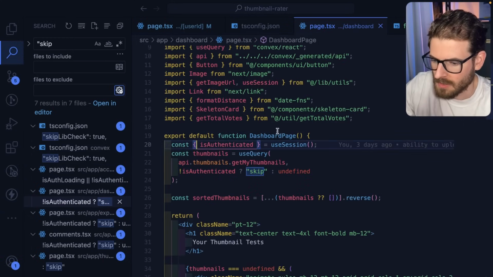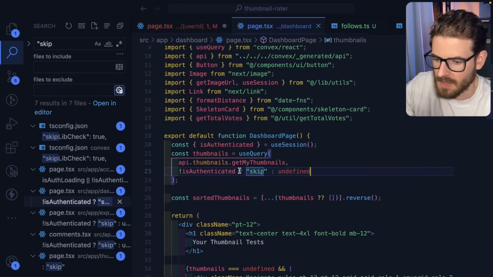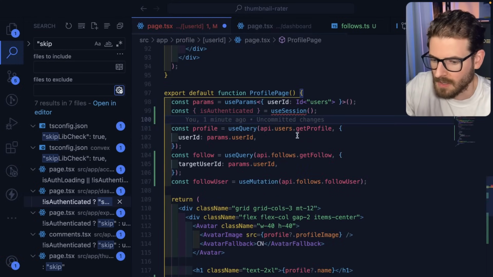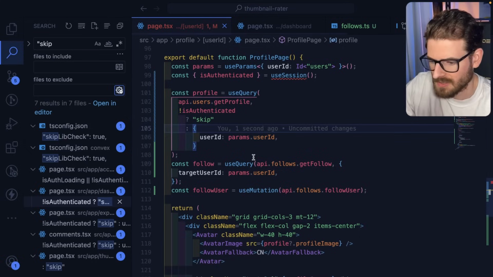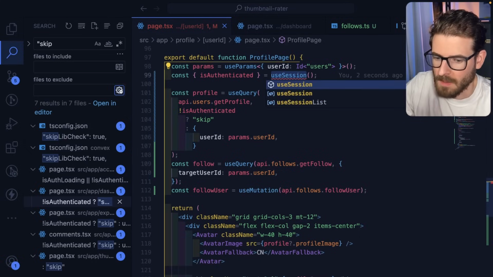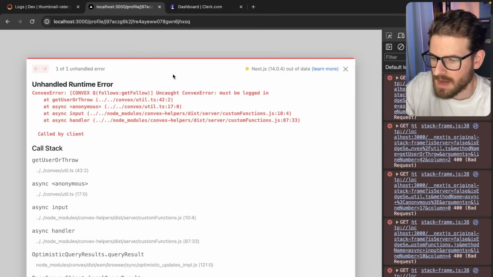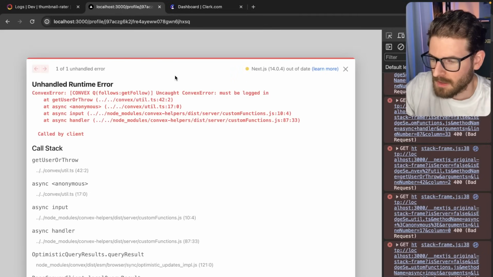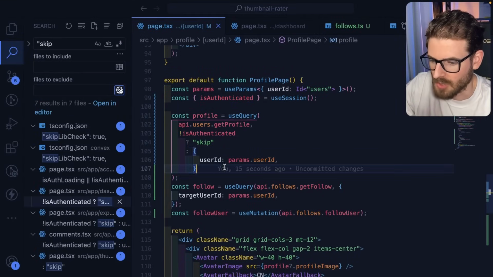Go over here. We're going to pull that in. Check if we're authenticated, and then if we are not authenticated, we're going to skip passing some arguments. This is kind of how you do it in Convex to dynamically make a request or not. Okay, so now the page should not crash, hopefully. Let's see. Must be logged in, getUserOrThrow, on what endpoint is it trying to call? So if we are not authenticated, we want to render out skip. Otherwise, we want to show and do the